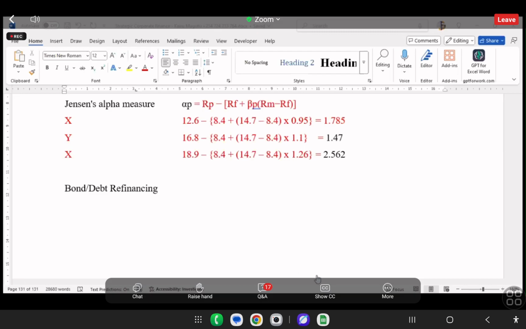Good. I think we can continue. I want to explain what we call the bond refinancing or the debt refinancing before we call it off. Bond refinancing. We say that it is replacing the existing debt with another debt which may be having better terms,